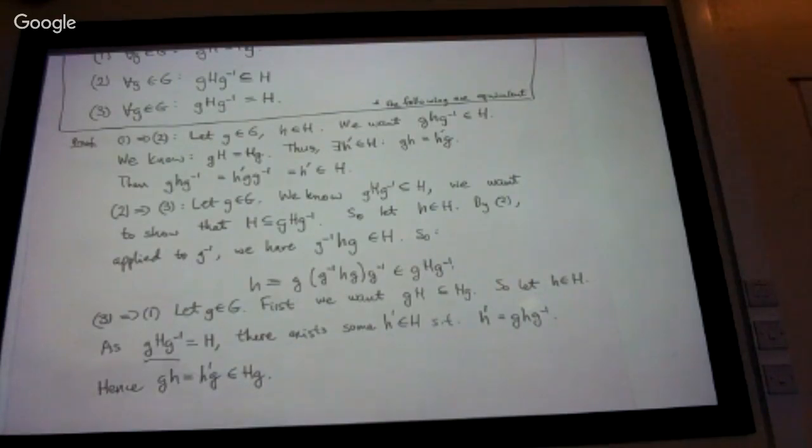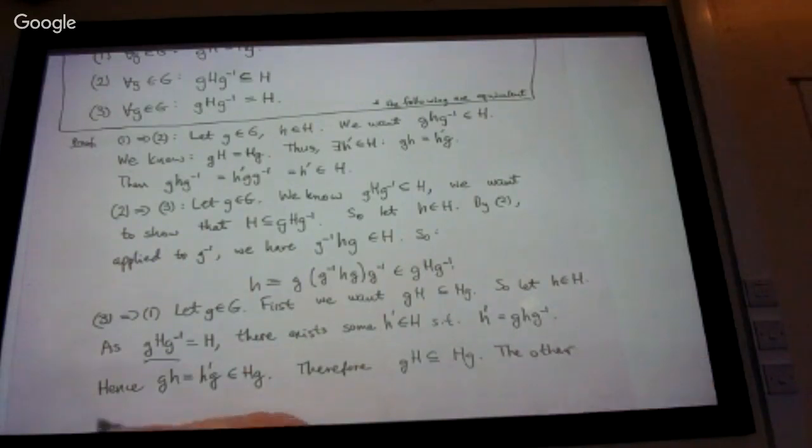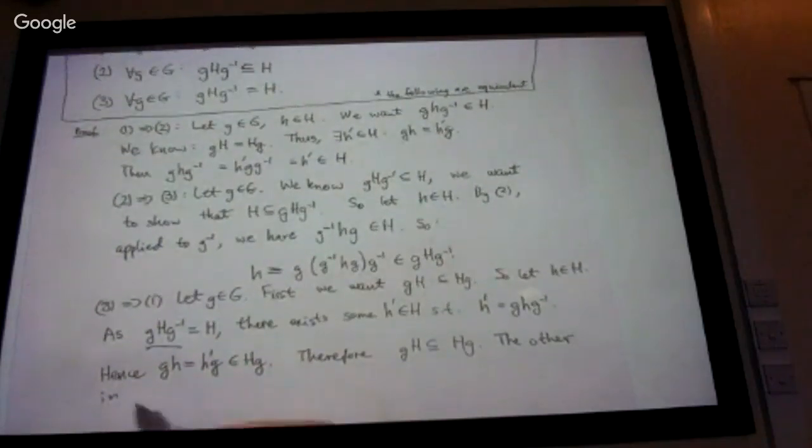Okay, so therefore this coset is a subset of this coset, and the other conclusion is proved